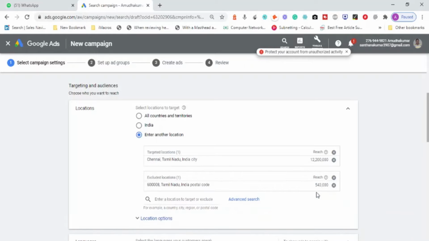So what happens is my advertisement will be shown to all the people in Chennai except Egmore.